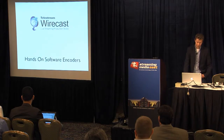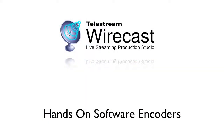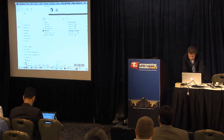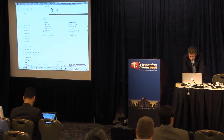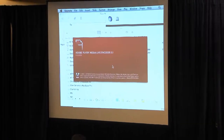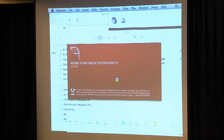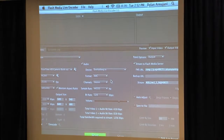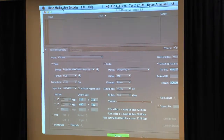So that being said, I just wanted to show you guys some examples of how easy it is to get set up with a software encoder. If you bear with me for one second. The entry-level one that everyone uses, and it's free, is Flash Media Live Encoder. So let me just launch that up. I'm sure most of you are familiar with this. You can download it for free off the Adobe site. But all right, let us...